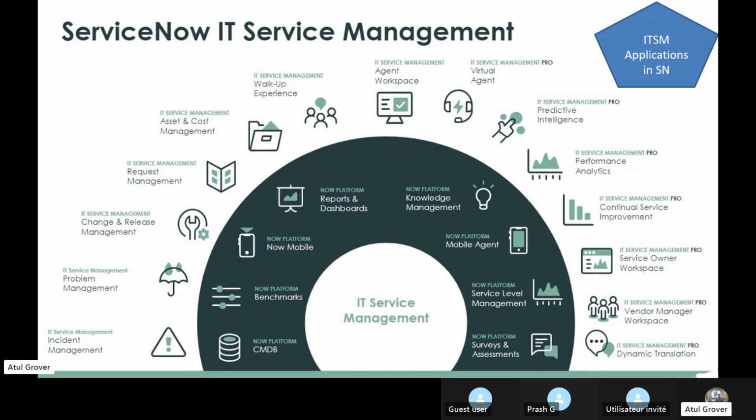I'll go to ServiceNow and say, guys, please give me one instance which has ITSM installed. The surprising part is that when we get a new ServiceNow instance, we see incident is there, change is there, problem is there, request is there. But practically, all these things come as plugins. When we purchase from ServiceNow, they install these plugins for us and we get an instance.